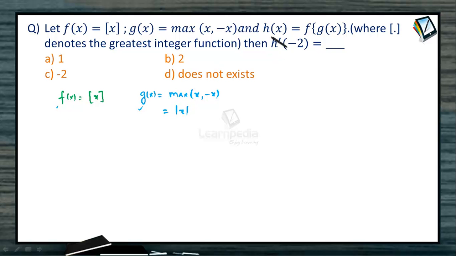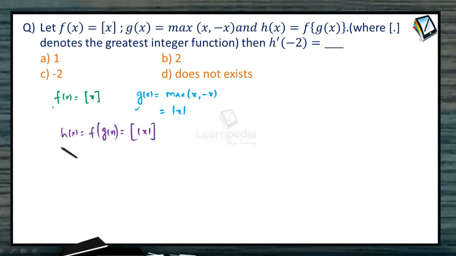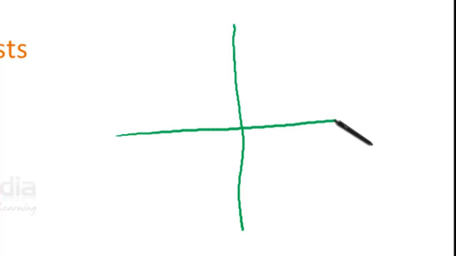Can we define h of x now? Yes. The function h of x, which is defined as f of g of x, is nothing but the greatest integer value of mod x. Now before we proceed to find the derivative of h of x, first let us try to draw the graph of h of x. When we consider the Cartesian plane with 0, 1, 2, 3,